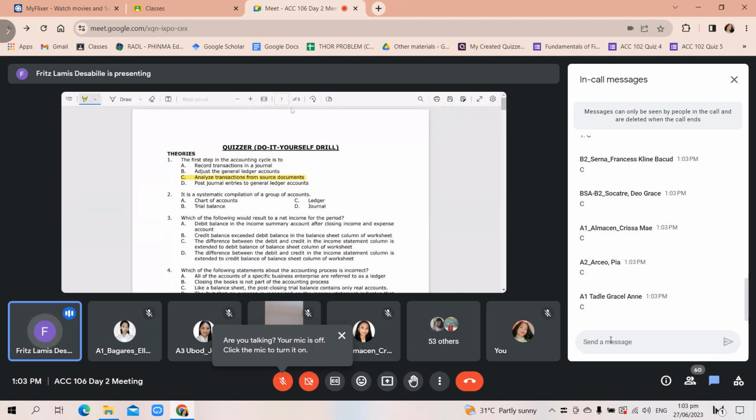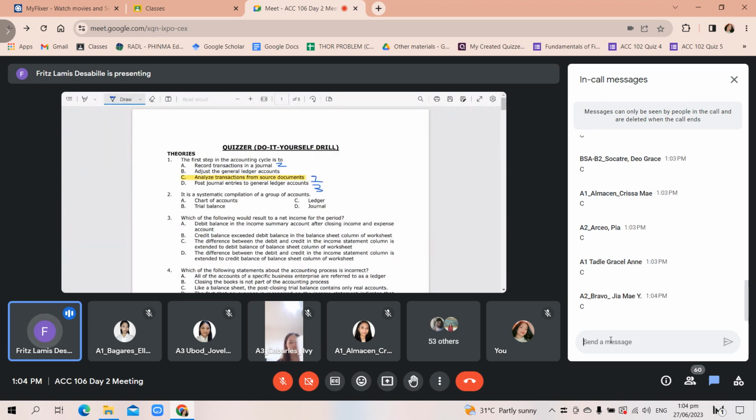Record transactions in the journal, this is the second step. This is the first step. Adjust, that's later. Posting, that's the third step. After posting, you prepare the unadjusted trial balance. After you prepare the unadjusted trial balance, you prepare the adjustments. So that's number 5. Then after preparing the adjustments, you prepare the adjusted